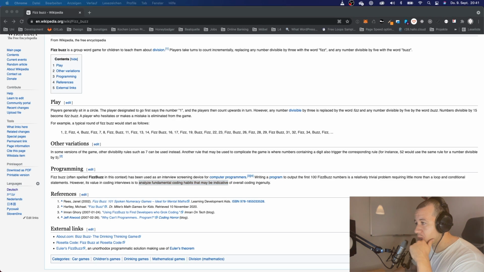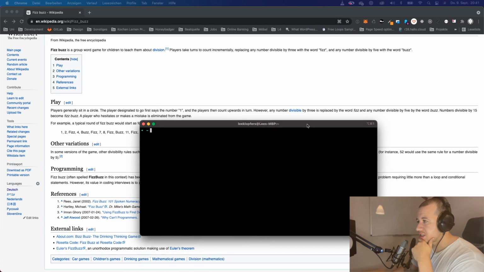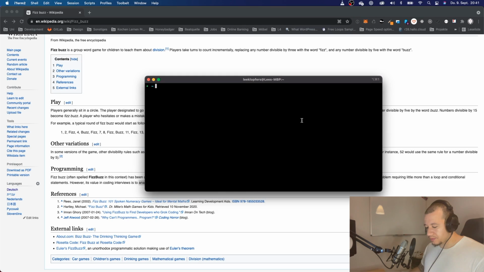So the first thing that we want to do right now is we want to pull up our terminal, and first of all we want to create a folder. So I got a projects folder somewhere. Let me just quickly cd into my projects folder. Let's make a directory called FizzBuzz. Damn, it already exists. Now let's say tutorial. There we go. Okay, let us cd into our FizzBuzz tutorial